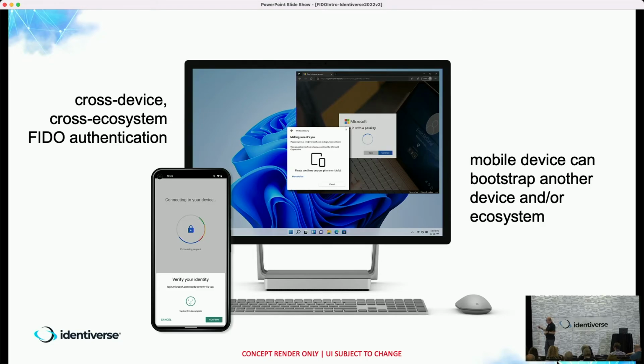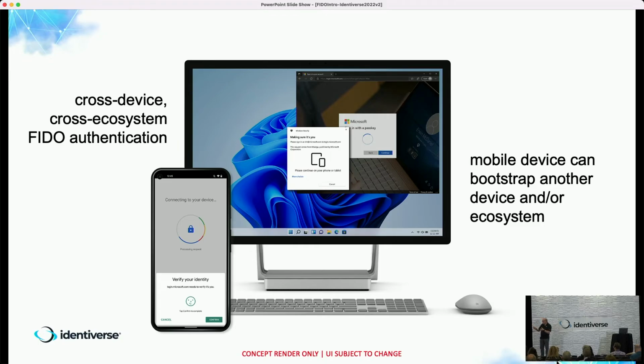And the second new factor that's really interesting with the use of passkeys is that I can use my iPhone, which already has the credential on it, to bootstrap a secure connection on my Windows machine. So I've registered my iPhone with the bank, I've got my key. I now want to sit down on my Windows machine, but I don't want to put the password in there. I want to connect securely.